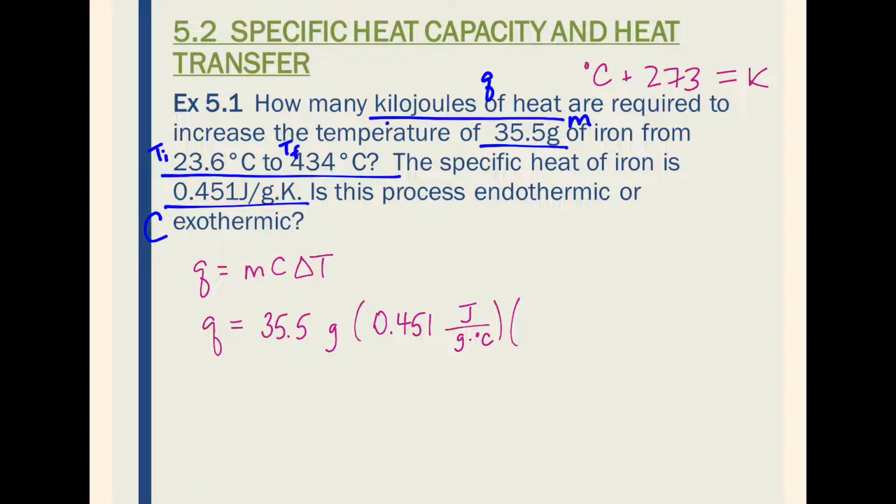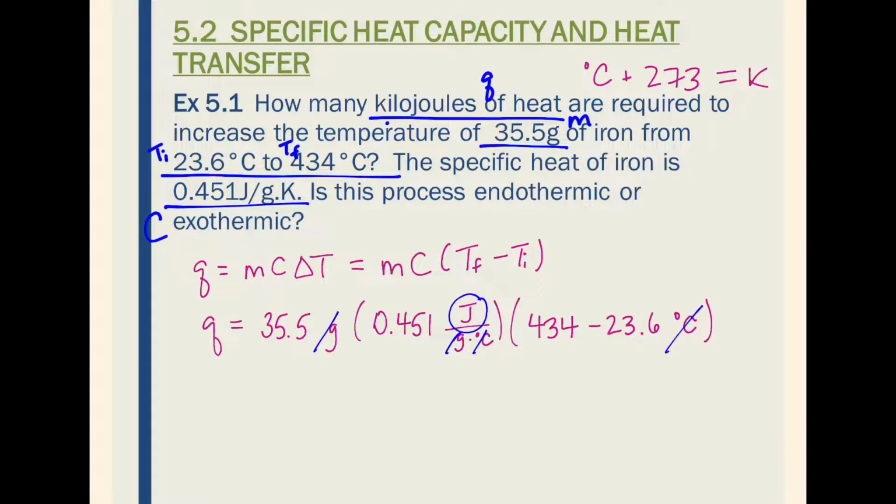But if I just substitute my units there, MC delta T would be the same as MC multiplied by TF minus TI. I could then substitute in here for my delta T 434 minus 23.6 degrees Celsius. If I do a quick unit check, I see grams and grams in the top and bottom of a fraction will cancel. Celsius and Celsius will cancel, leaving us with just joules. So I'll get my answer in joules and then I'll convert it to kilojoules because the question asked for that specifically. So if I go to calculate this here, I'll see that this is going to come out to be